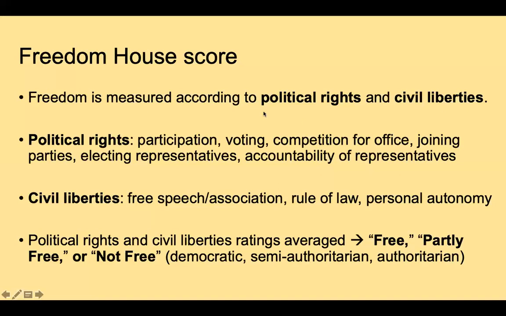These kinds of outcomes are substantive outcomes, and that's what makes them more in line with the substantive approach to defining democracy. Now, the obvious difference then is that we would use the Freedom House score if we're trying to figure out, for instance, maybe if different types of regimes are better or worse at protecting human rights. Maybe we would use the Freedom House score if we're interested in figuring out what kinds of democracies are best at promoting widespread participation through voting, etc. Those are all examples of questions we could ask.